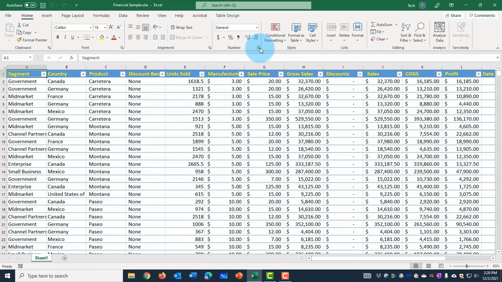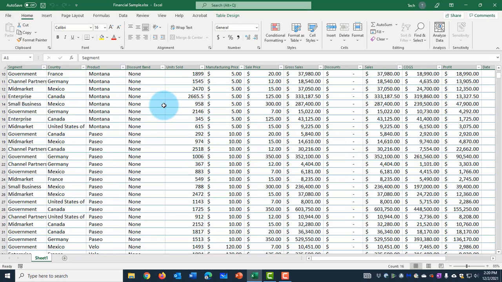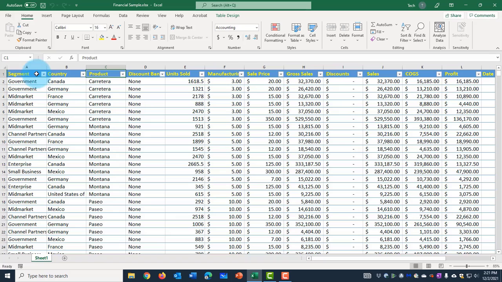So in this tutorial, I'm going to show you how to access a feature called freeze panes in Microsoft Excel. For example, I have this Excel sheet here and it has some data. I want to make this top row visible when I scroll with the headings. So to do that, I need to go to View,